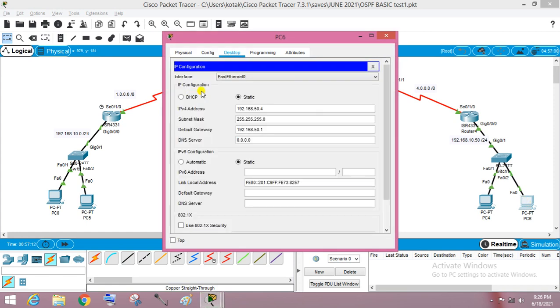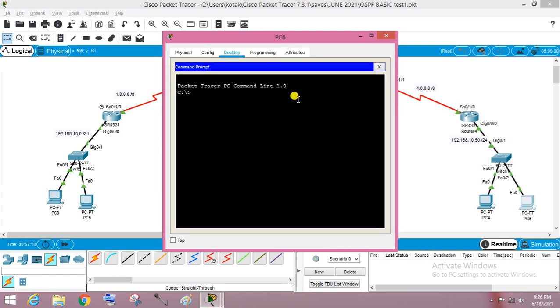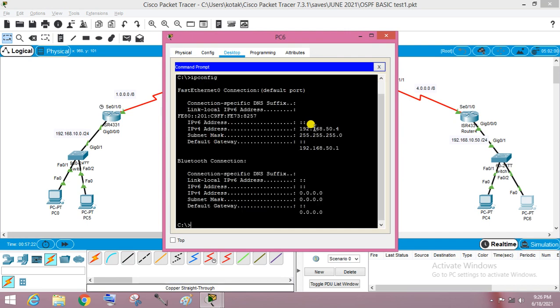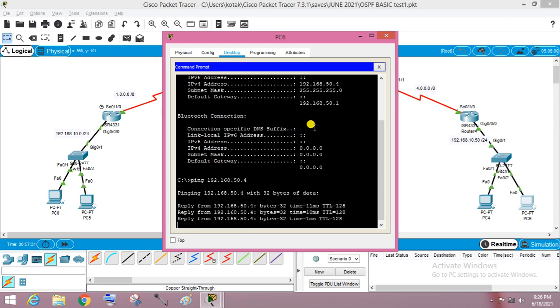So we can check from here also. Just go on this PC, it's 50.4. Okay. So I'm going to the command prompt. It's ipconfig. Now ping 192.168.50.4, the PC address. It's pinging, which means the NIC is working fine.